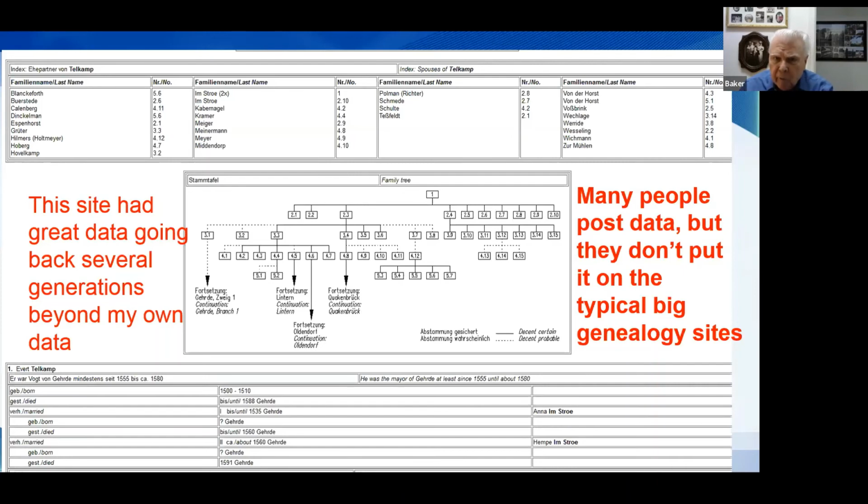And several of those family names that you read across the top four tiers, several of those are my people as well as his people. Again, my comment on the right side: many people post a lot of genealogy data, but they don't put it on the typical big genealogy sites.